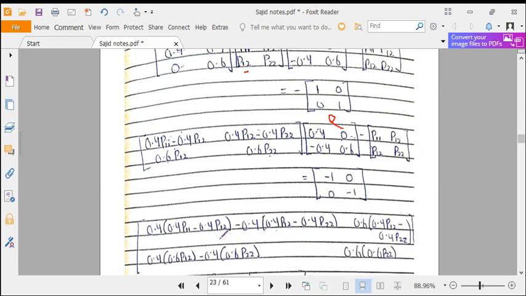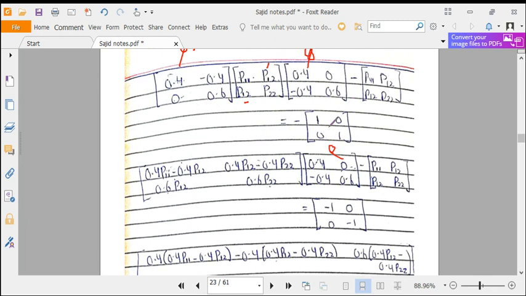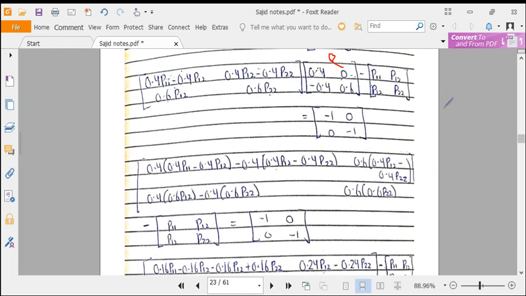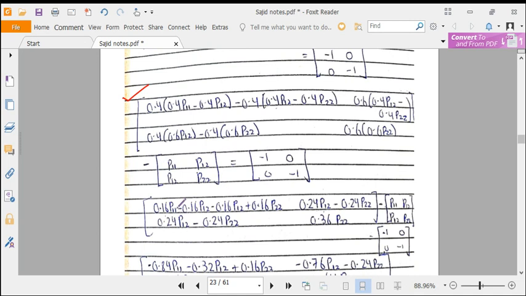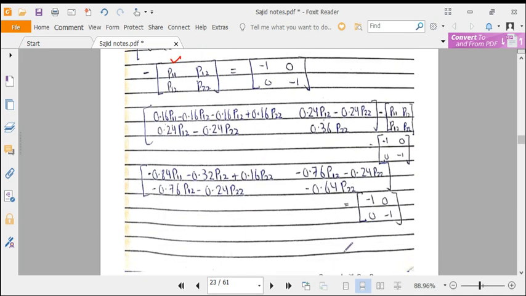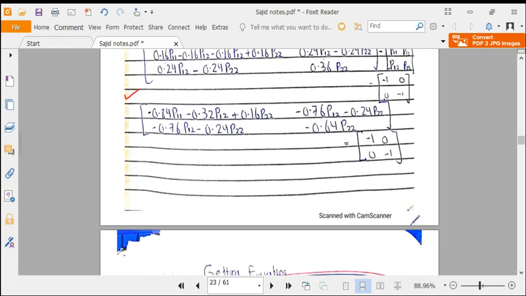So we have multiplied these three, which comes out to be this matrix, and then we subtract this p matrix from that. We get this matrix. We are not going into detail of these calculations because these are pretty simple, and anybody can do them, so we will not waste our time on this. So this comes out to be equal to this. This is the final equation.